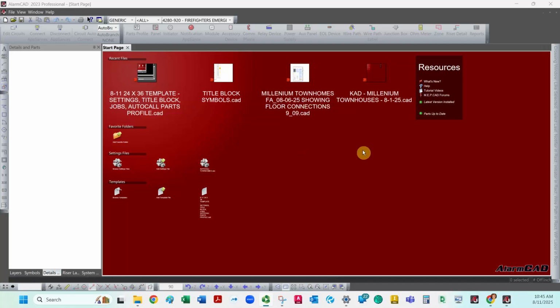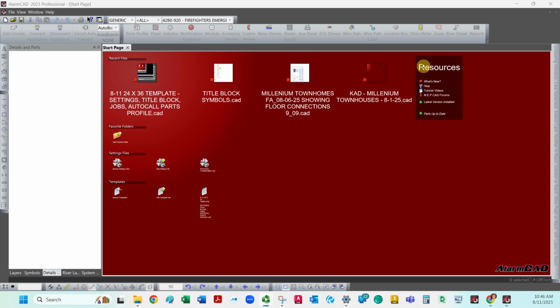Right, so this is so rudimentary, but if they've created new parts and this is showing red, click on this and it will download all your new parts. This is the latest version of the software, and you can get to any of these things: tutorials, help. You don't have to go into the, this gets you to the